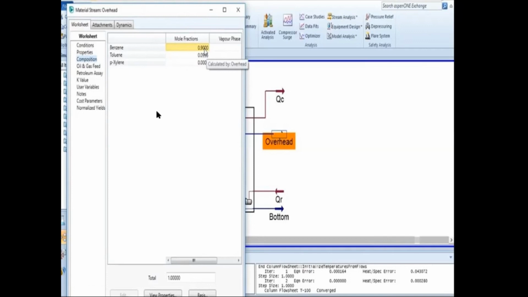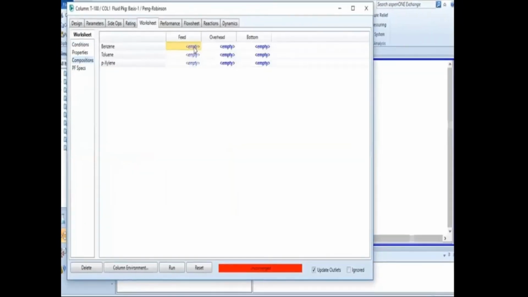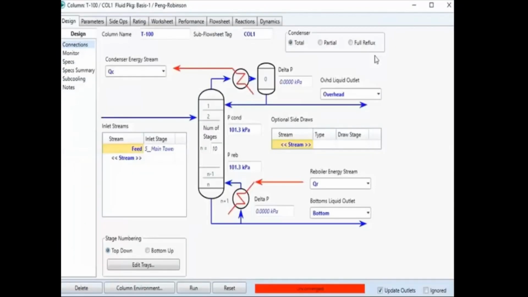Similarly, you can simulate other operations as well, for example crude distillation unit, stabilization unit. You can also simulate compressor, evaporator, heat exchanger, like this. So what we have seen in this lecture about simulation is how to form a replica of any process flow diagram on the computer, which is nothing but automation.